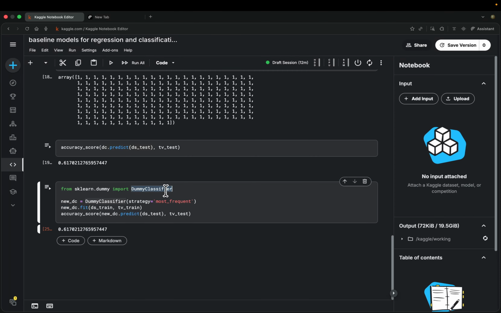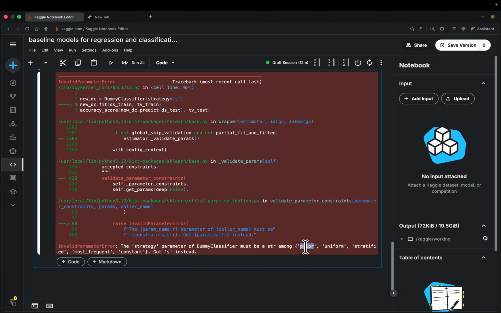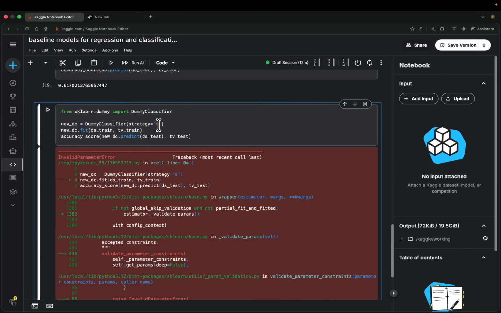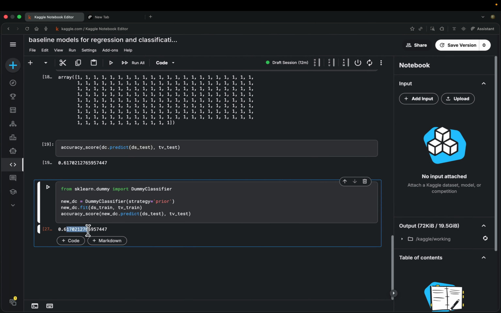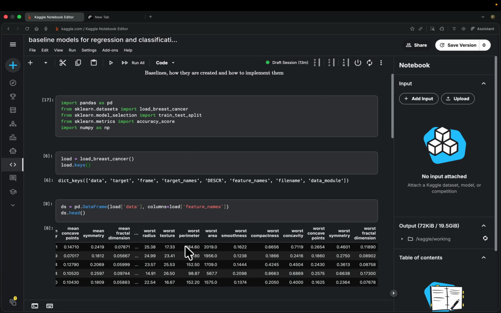So now you can use the dummy classifier with the most frequent strategy. And we may also, for example, check what else we can use. For example, prior. What would you get if we used prior? 62. Oh, the same thing actually. I don't see a problem, but alright. Just the same as most frequent. Yeah, so like that. And in the next lesson we're going to talk about how to actually implement the same thing